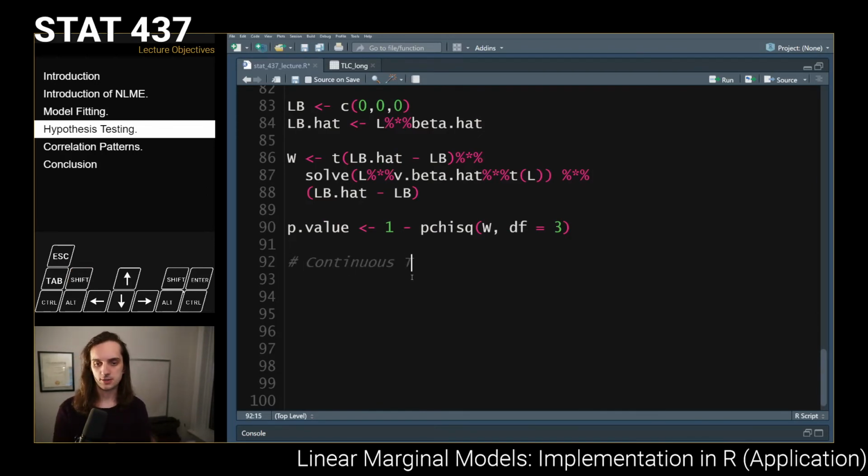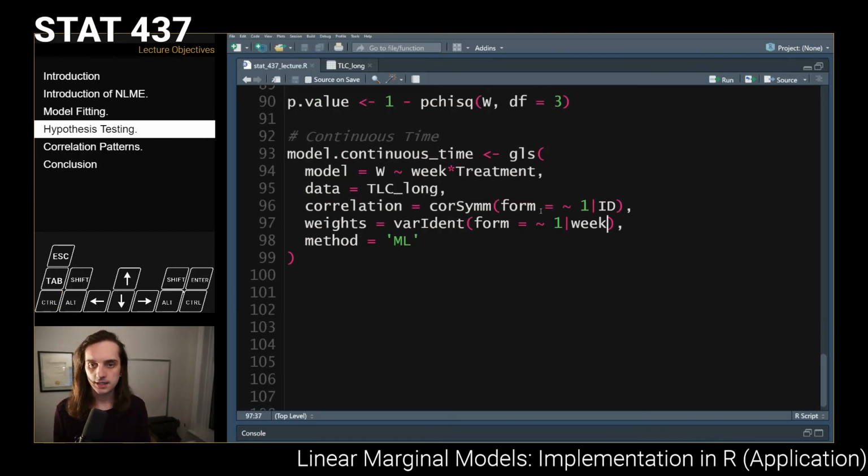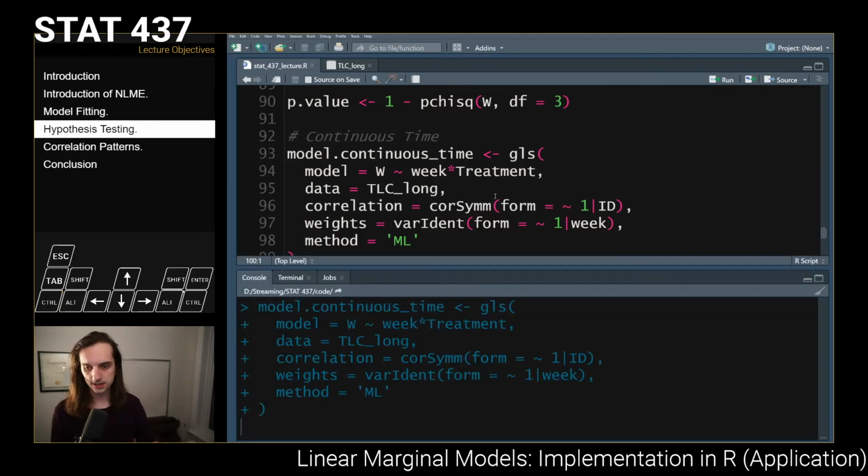we can do a continuous time variable here. So I'll call this model continuous time. And instead of calling factor of week, we're going to just do it based on the week. And this isn't actually going to change anything. I think that should all be okay. We'll fit using maximum likelihood. We run that. And now if we actually call the summary of the model continuous time,